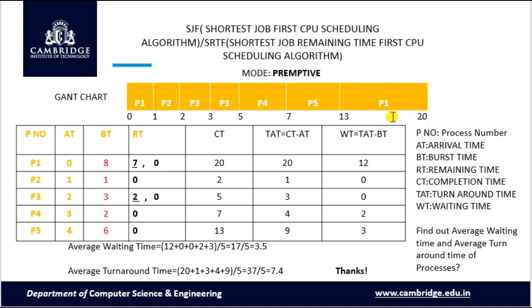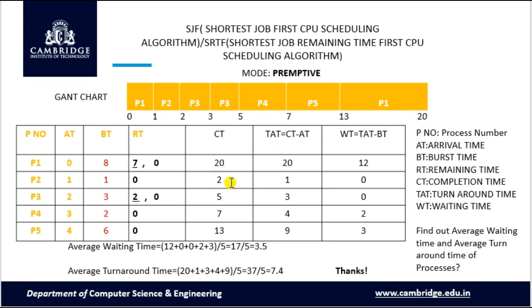Okay, this is how RT is formed. RT stands for remaining time. Now CT, how to find the CT? CT is nothing but completion time of each process. Take the first process P1, where it is completed? You can't say that it is completed at 7 seconds. P1 got completed at the last, 20th second, right? 20 seconds. Okay.